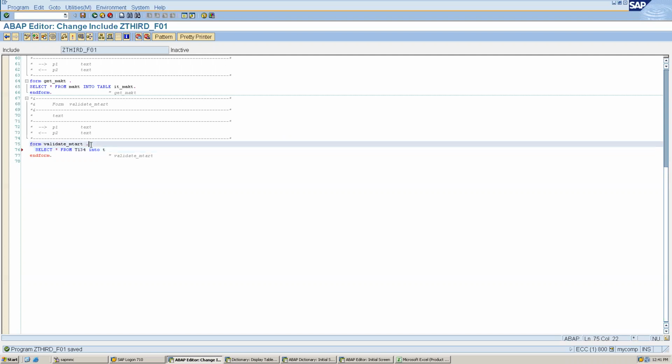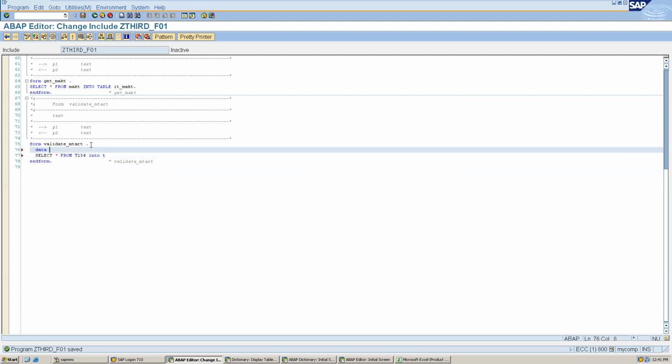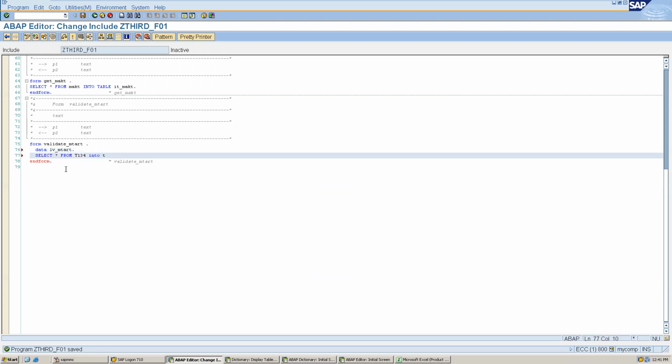Instead, I can create a variable here, data, and I'm creating one variable lv_mtrt. Instead of select star, I can write select single mtart. From this into, instead of table, as we are selecting only one field and only a single record, we can write lv_mtart, where I will explain this query.